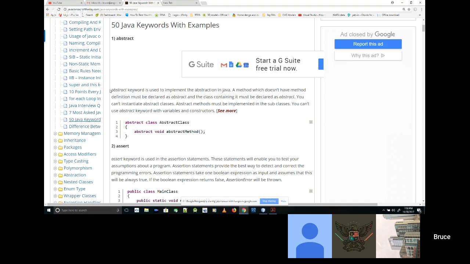So let's reread this and see if it makes sense. Abstract is a keyword which is used to implement abstraction in Java. So what does it mean to be abstract in a real life scenario? Give me a definition of abstract. Isn't an abstraction different? Let's say an abstraction is a mimic of something else or a copy of something else. Like your children are an abstraction of their parents.